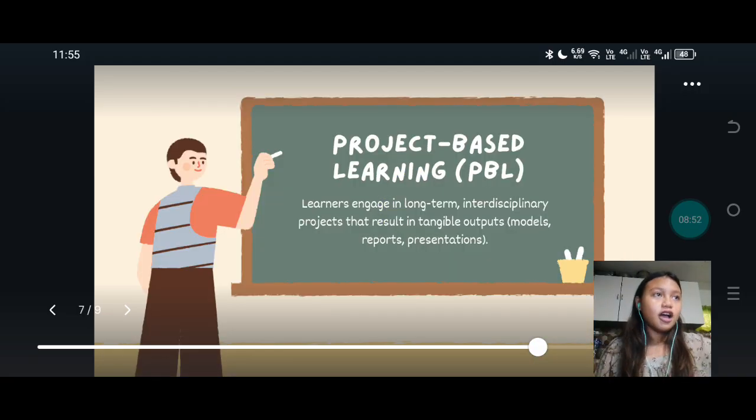Next is the project-based learning. So learners engage in long-term interdisciplinary projects that results in tangible outputs. For example, models, reports, presentations. So project-based learning is